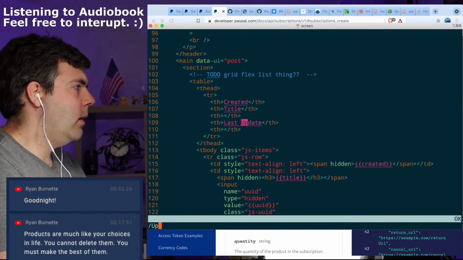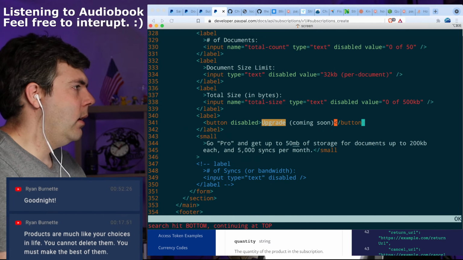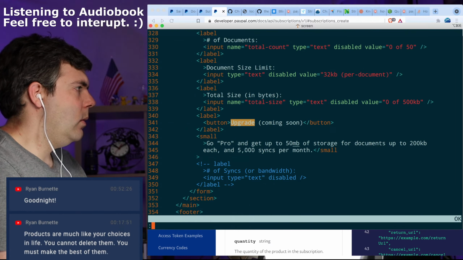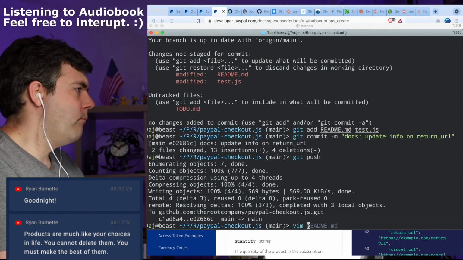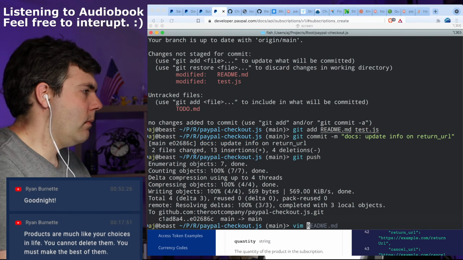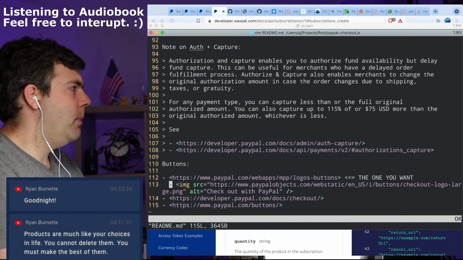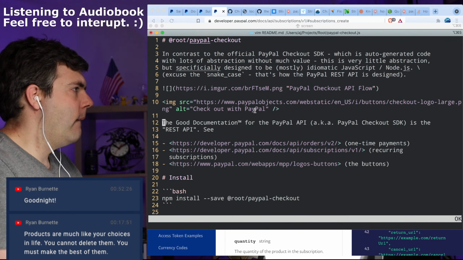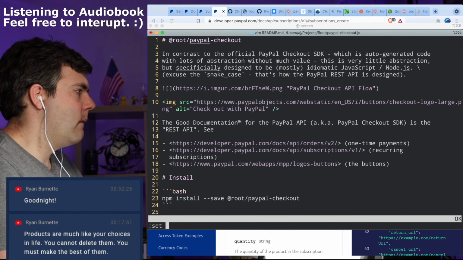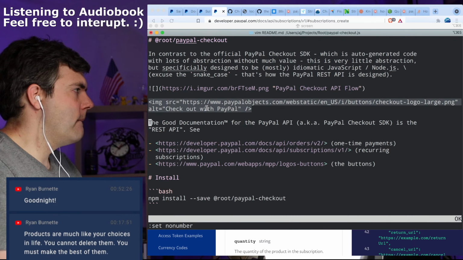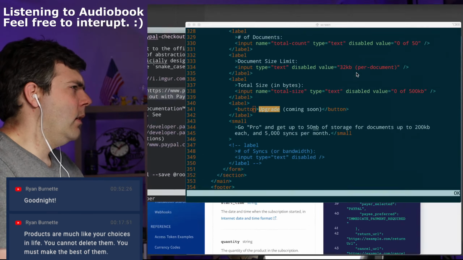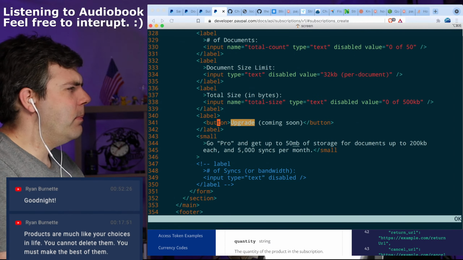Okay, let's say that we go here to where there's upgrade, and let's say rather than disabled, we use the PayPal checkout button. Because can't you do an image type submit? I think you can.